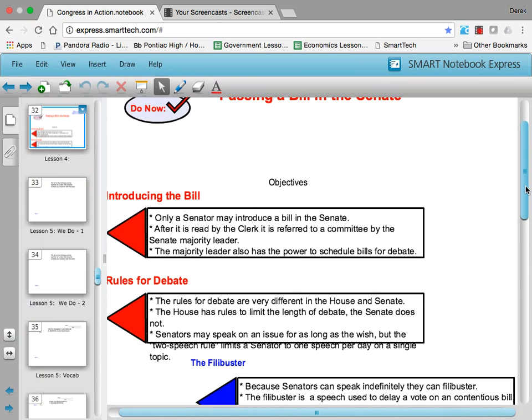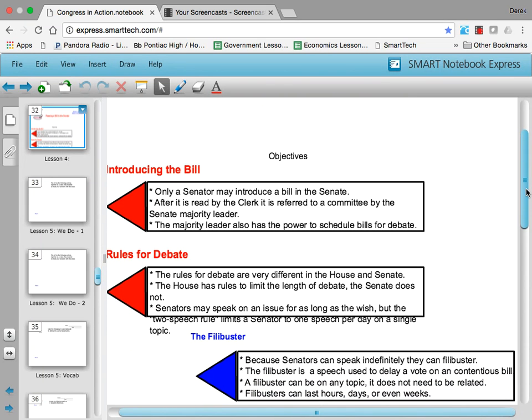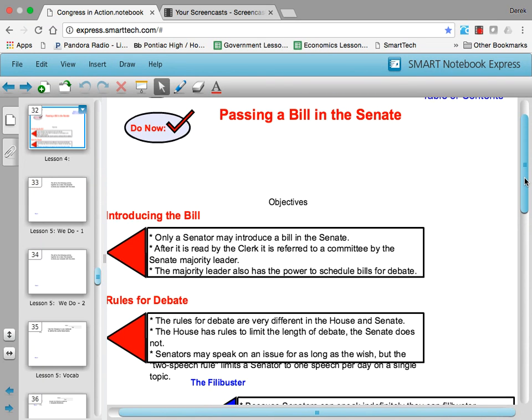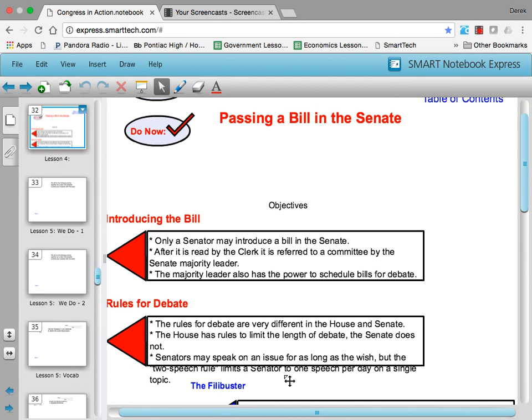Now, the rules for debate here are different, and they're importantly different. The House has rules which limit the length of a debate. Committee chairpeople within committees can limit them. The Speaker of the House can limit debates, but the Senate doesn't have this. Senators can speak on an issue for as long as they wish, but there is a rule in place,